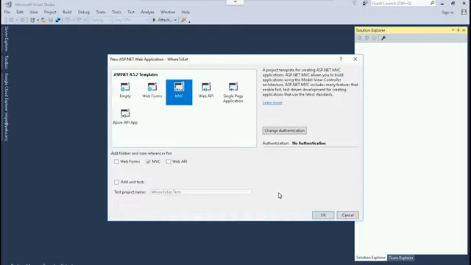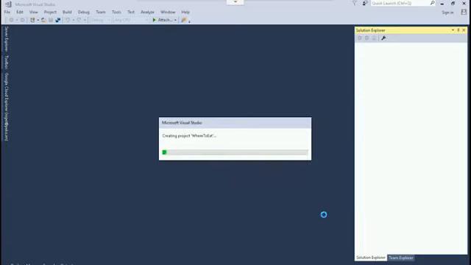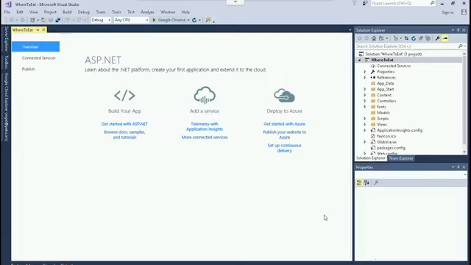I've got a second choice of dialog here, which is the style of ASP.NET Web Application to build. We're going to use the MVC template. Click on OK, and our project's going to be created. I paused the video briefly just while the project was created, and now it's ready. It's time for me to start coding.